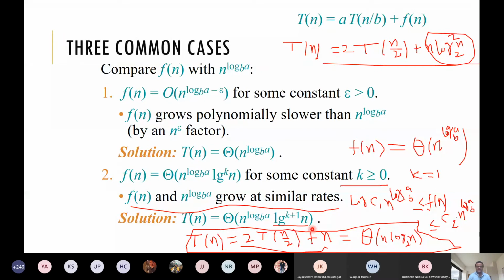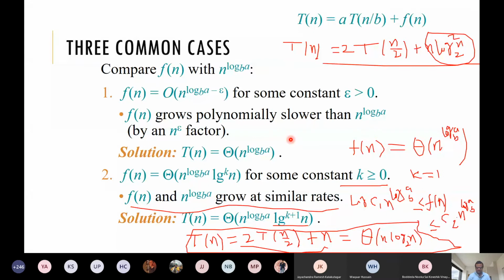I mean, why this log factor is coming: because the height of the tree will be log n, and at each level there are the same n to the power log a base b. So that's why the log n times that term comes. I will come to the proof of this rough idea. Then it will be more clear. Okay, sir. Any more question or doubt?